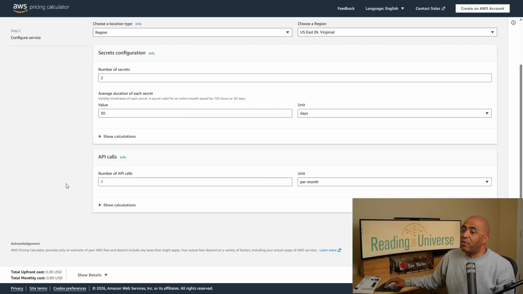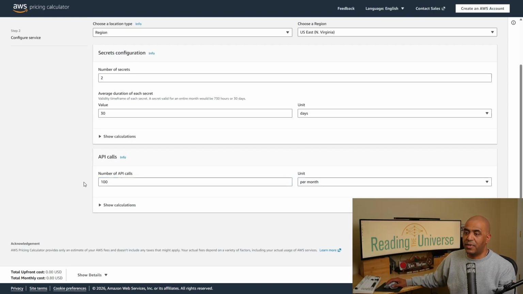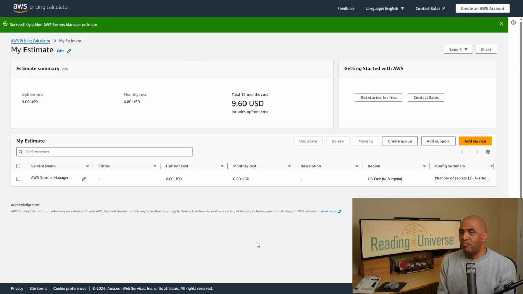The number of API calls per month, let's go generous and say 100 API calls per month. That's 80 cents per month. So I'm still under $3 per month for this entire architecture. So I hope you're catching the drift here. It is very inexpensive to run a serverless architecture, especially for someone like me that has the skill set to do it,